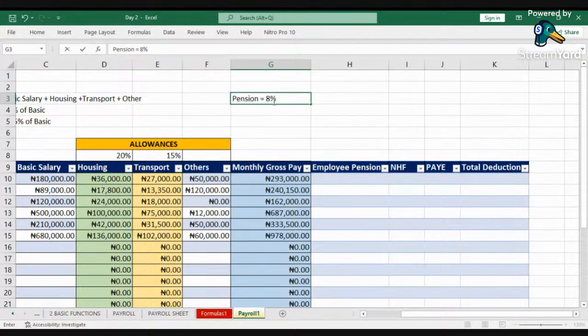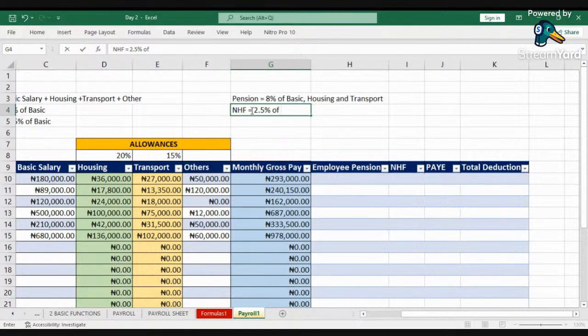But so that we don't make it very complicated, let's just say 8% of basic, or let's remove basic. Let's work with the 3 of basic, housing, and transport,